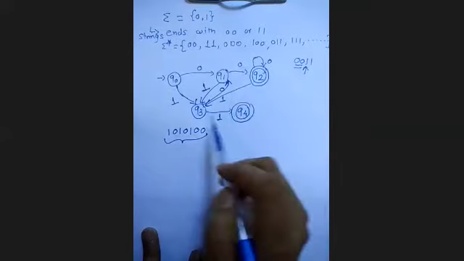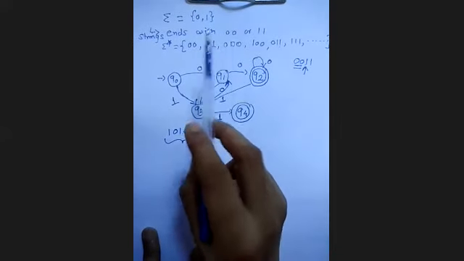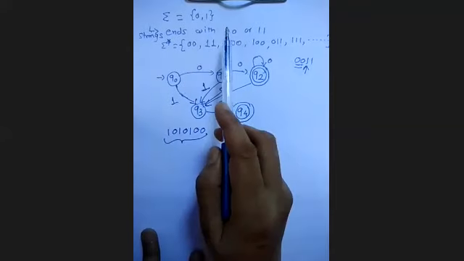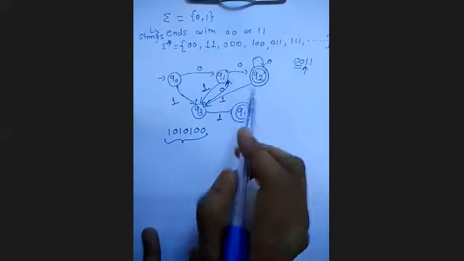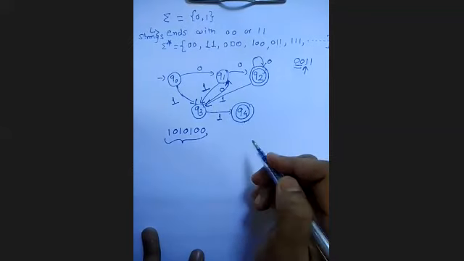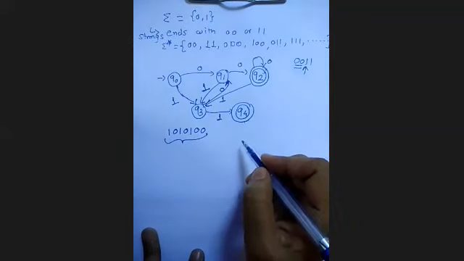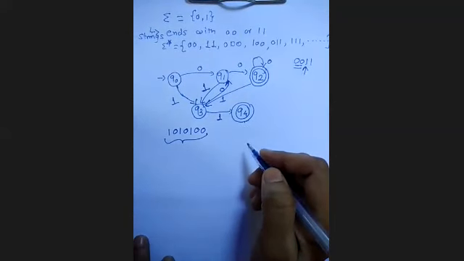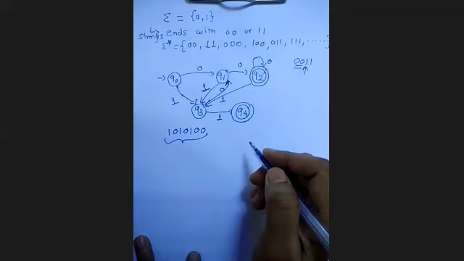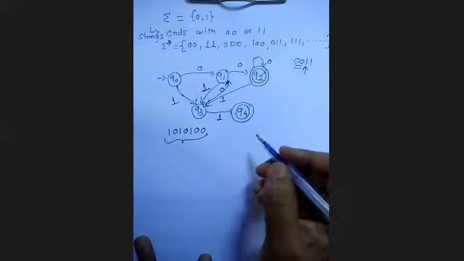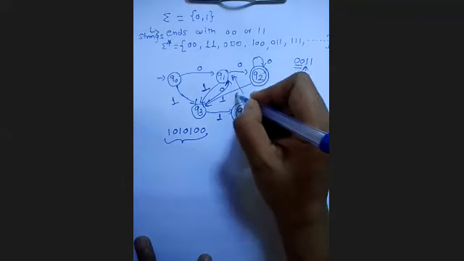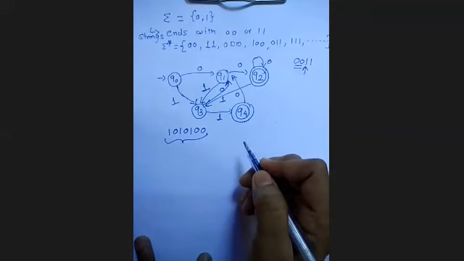Okay, so now you can see it will accept all the strings of zeros and ones ending with 00 or 11. Here, the transitions are remaining. Now you can tell me, Q4 on 0, where should it go? Q4 on 0 should go to Q1, correct? And Q4 on 1,